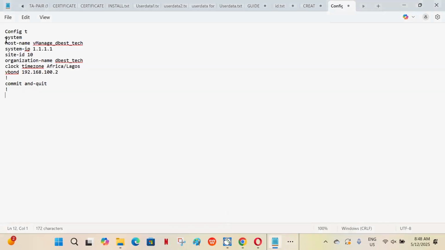I will copy from the host name. The host name is vmanage_the_best_tech. The system IP is 1.1.1.1. The site ID we'll be using is 10 for all our controllers. Please let's take notes. The organization name is the_best_tech. The clock is Africa/Lagos. The vBond is